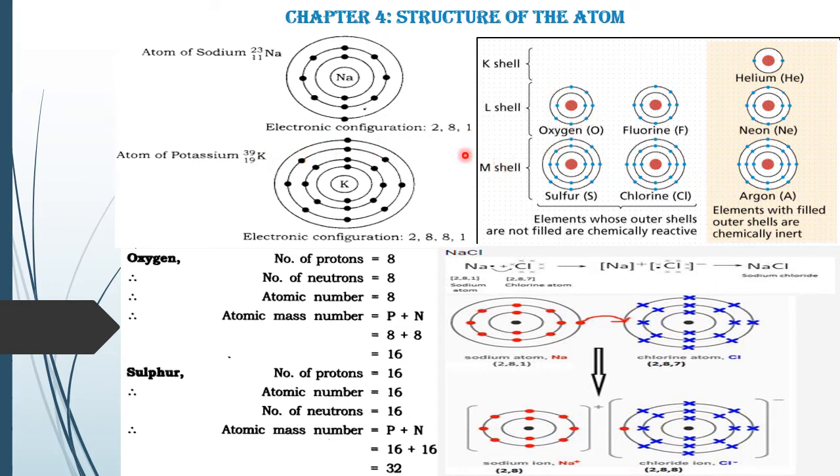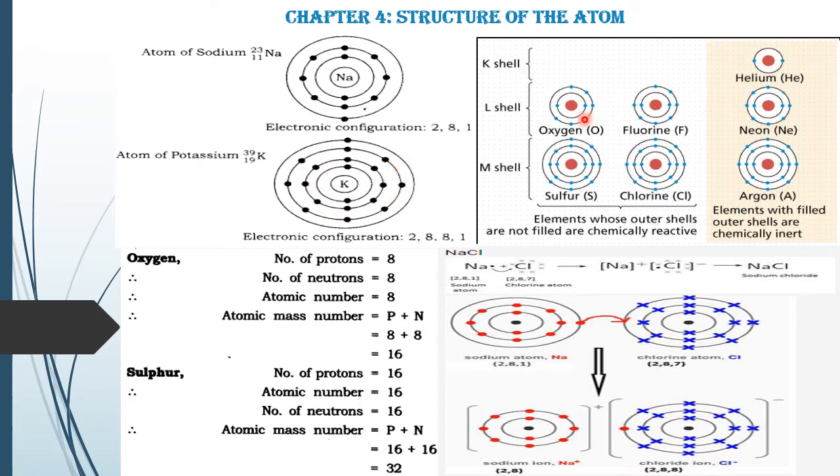And potassium, see, for potassium the atomic weight is 39, and the atomic number is 19. So the first shell will have 2 electrons, the second shell will have 8 electrons, the third shell will have 8 electrons, and there is one extra: 2 plus 8 is 10, 18, 1, 19 electrons, total 19 electrons. So this is how the electrons have been distributed in different shells.